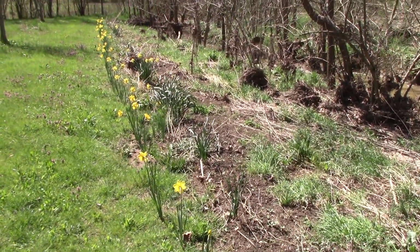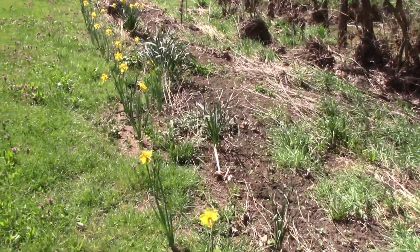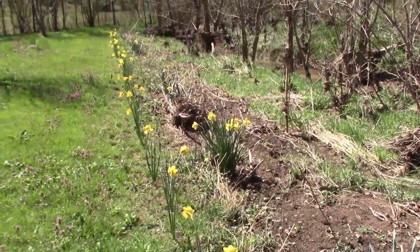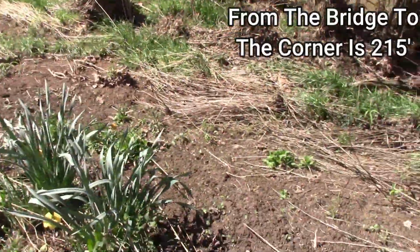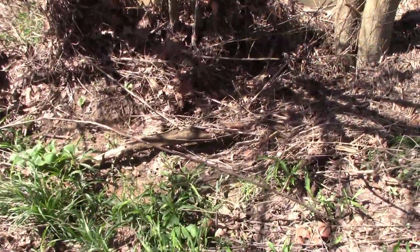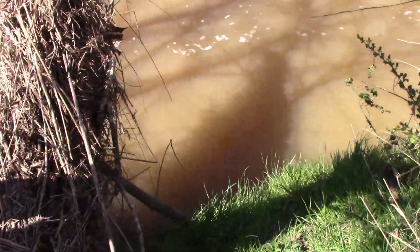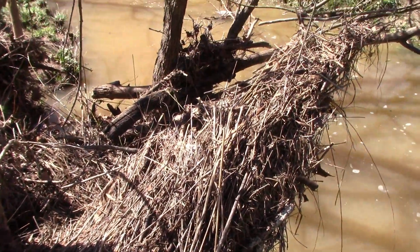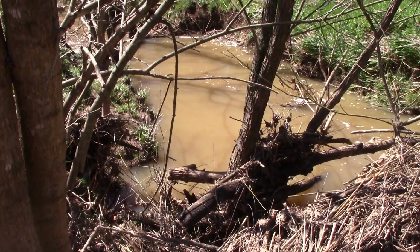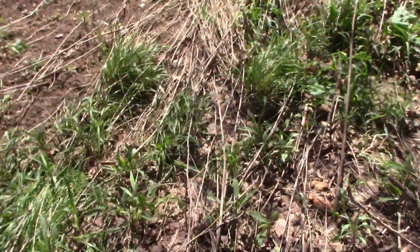And Mark can help me out from side to side on, I don't really know exactly how far it is, but we do have 7 1/4 acres, and it does go back 5 acres behind here. There is a bit of debris, and you can hear the water rushing back there, but it is spring. And